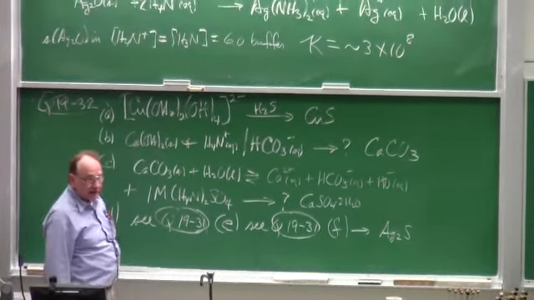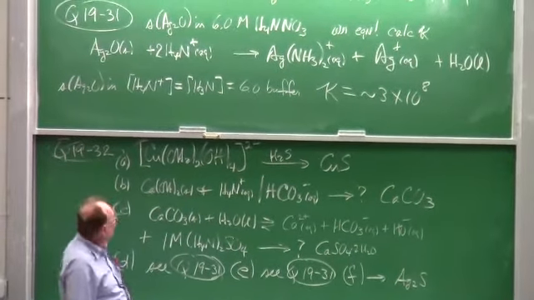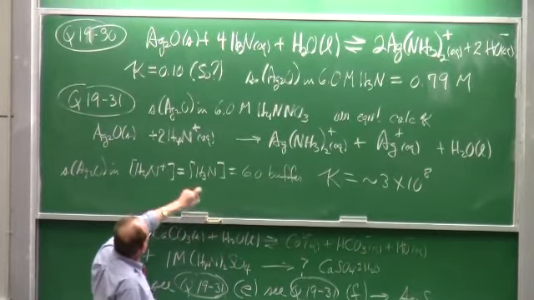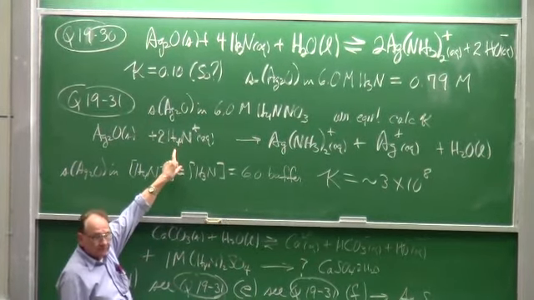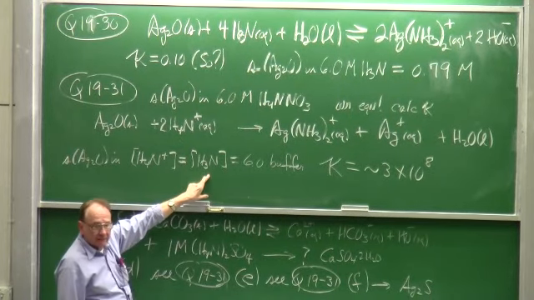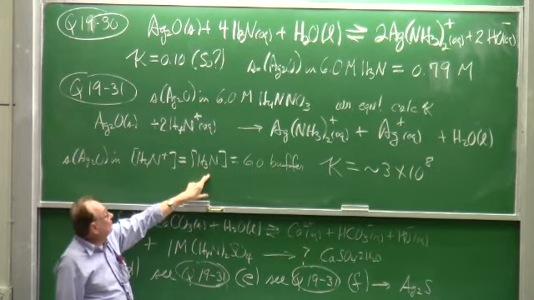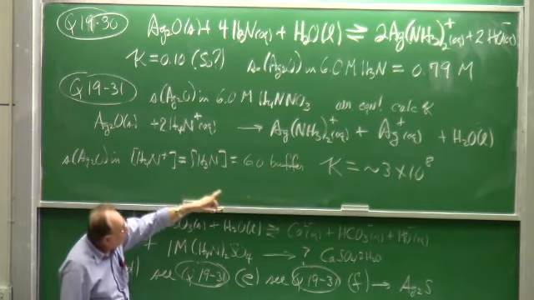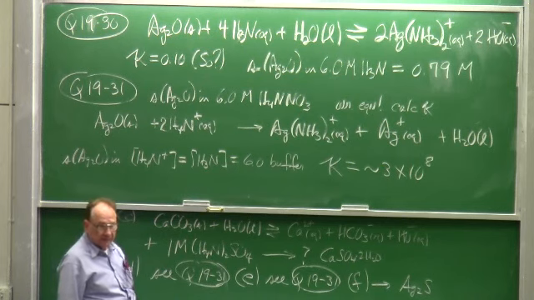And then part F says, if I take the equilibrium system established by taking silver oxide and treating it with ammonium ion and ammonia, which will effectively convert the silver oxide to the silver ammonia complex ion, and not have any silver ion in the system,